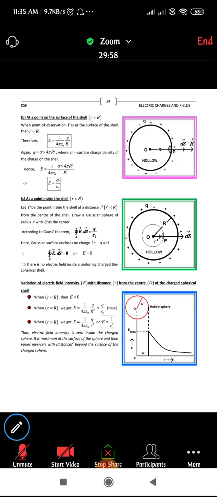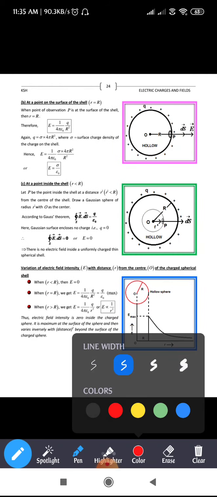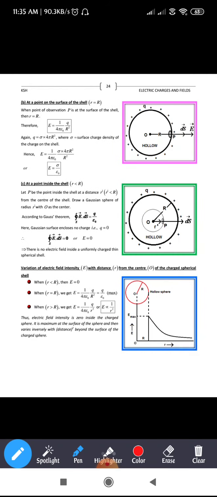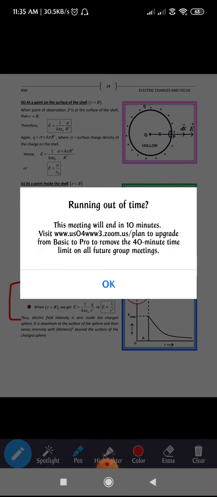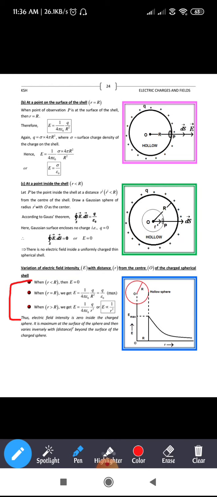Okay, fine. I think you didn't get it. So see here, I'm going to show you. You have three cases, right? The first case we have taken is small r is lesser than capital R. In the figure itself you can see the radius of small r is lesser than the radius of capital R. So that is the third case. The electric field will be nothing but equal to 0.